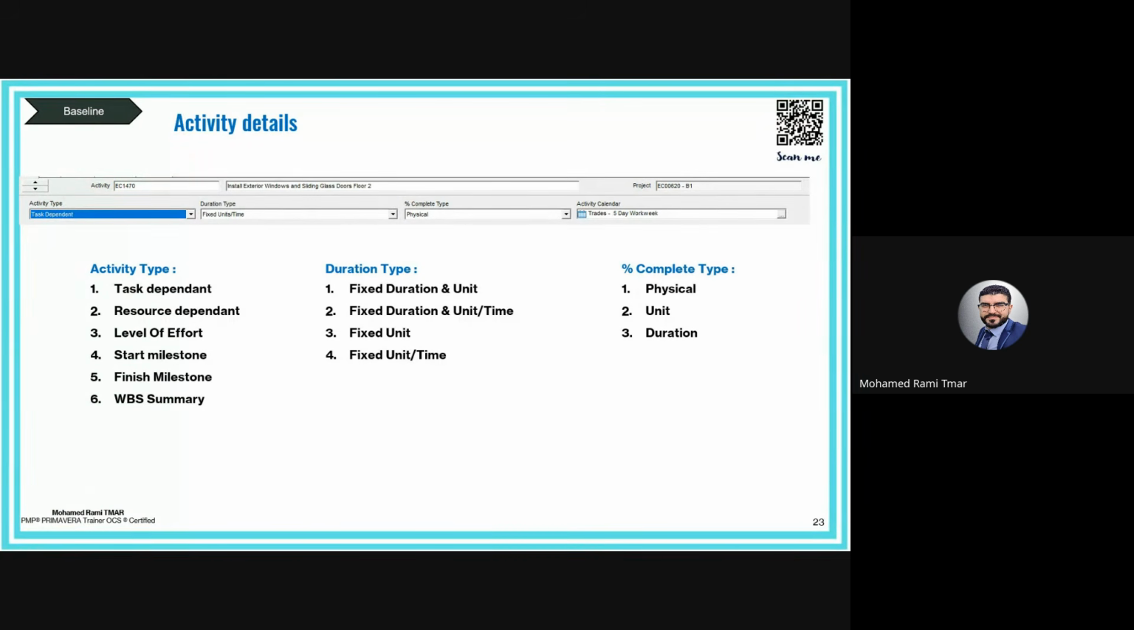This is for the second type. The time and productivity are fixed and the quantity changes. The third one is fixed unit. Fixed unit, the quantity is fixed, the productivity also is fixed. So what changes is the duration. And this is also not aligned with our field. Like for example, we have a